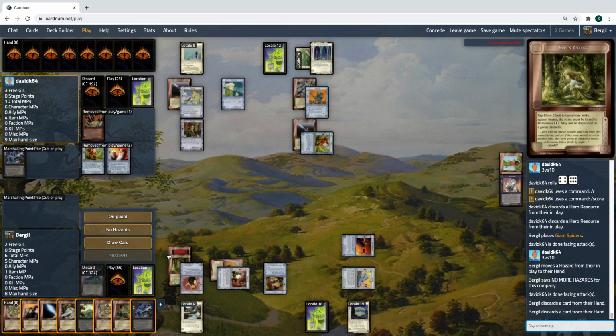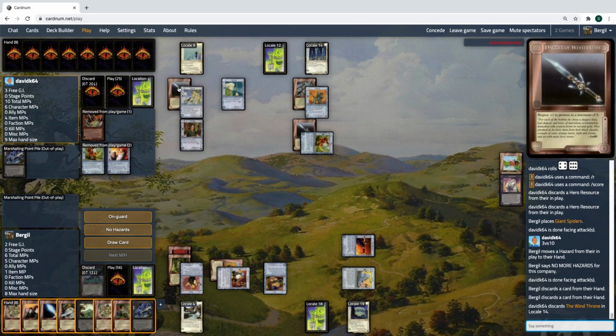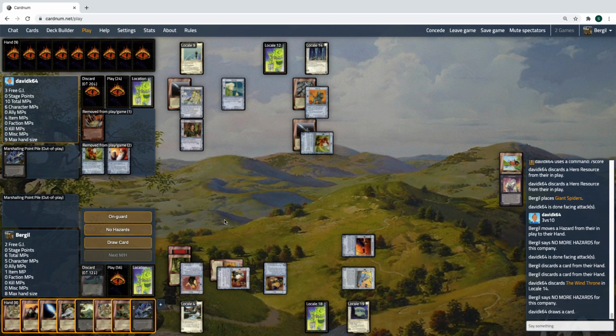So I discard that. So the other company is staying still at the Haven. And I have no hazards for them. I draw back to 9 from the last movement. Right. But no hazards on the other company, so you can roll into your site phase and...